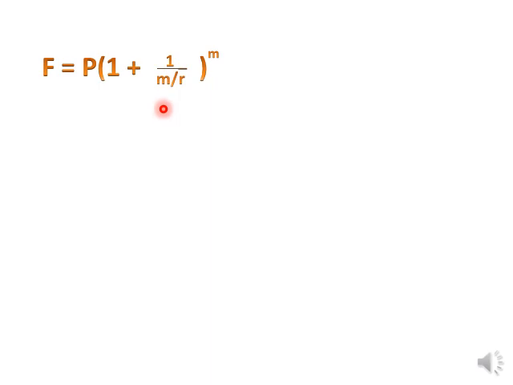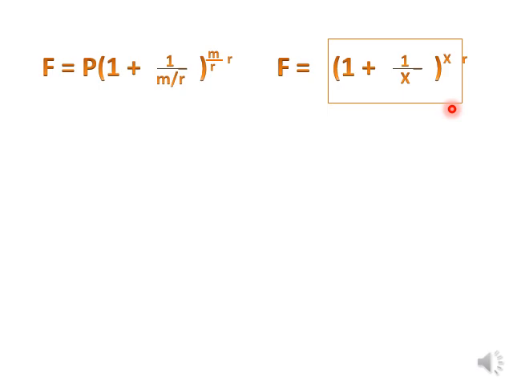Now we can rewrite this as 1 over m over r. We can divide m by r and then multiply it by r to retain the quantity m here. Now we can rewrite this expression here. If we replace the principal amount to be equal to 1, say 1 peso, to make the expression simple, and then since m over r is equal to m over r, we can replace m over r by some variable, say variable x, then we can have this final expression. If you put this expression, 1 plus 1 over x raised to the power of x, in your calculator, and evaluate the expression by substituting a large value of x,